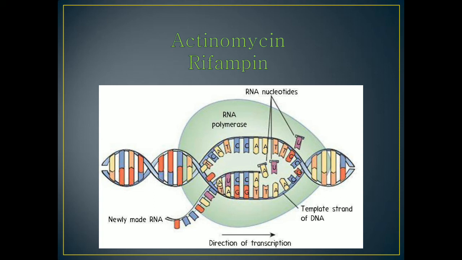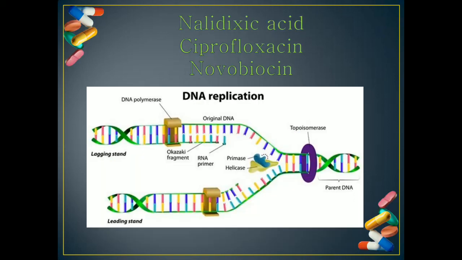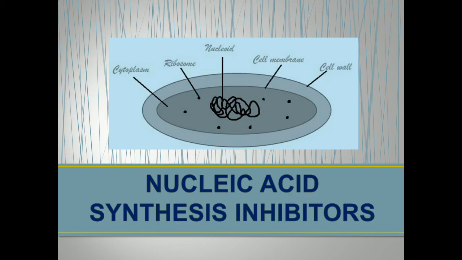We have antibiotics such as actinomycin or rifampin which inhibit this process. They can bind to RNA polymerase, which is what rifampin does. The moment RNA polymerase is blocked, the entire synthesis comes to a halt. Or we have actinomycin, which will block one of the steps of RNA synthesis, that is elongation. So RNA elongation is being blocked by actinomycin. That is another step that can be blocked by RNA synthesis inhibitors. Both RNA synthesis and DNA synthesis inhibitors are clubbed under nucleic acid synthesis inhibitors.